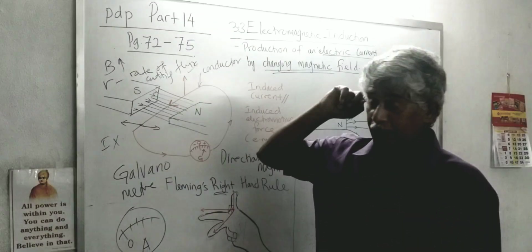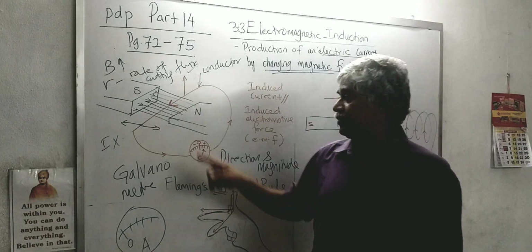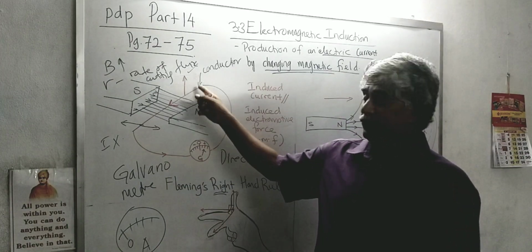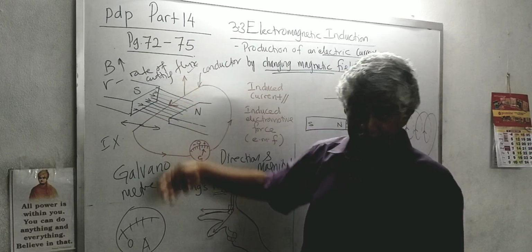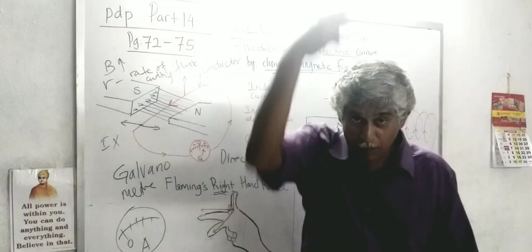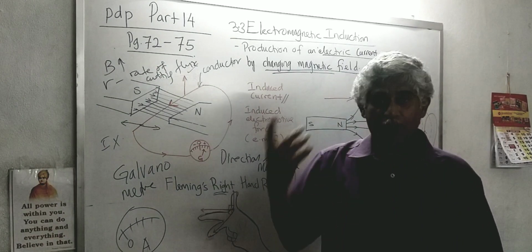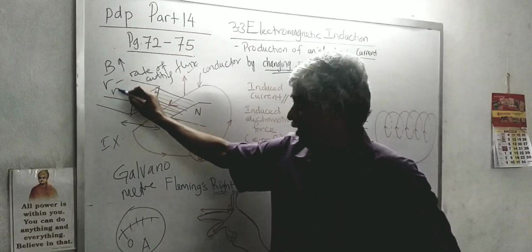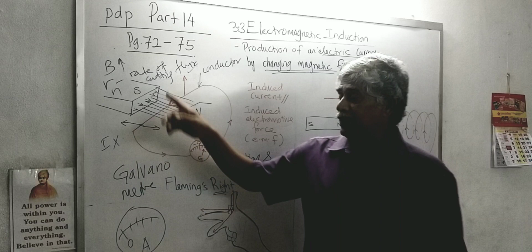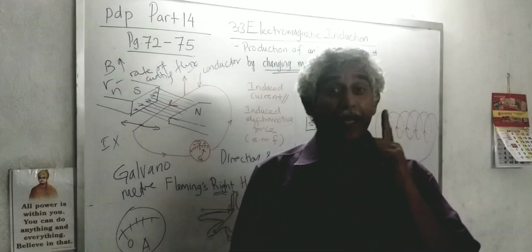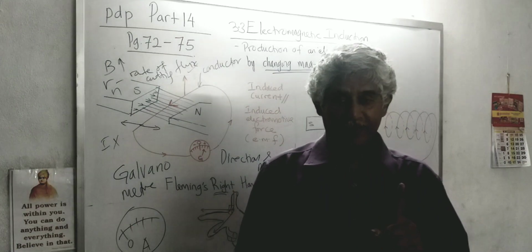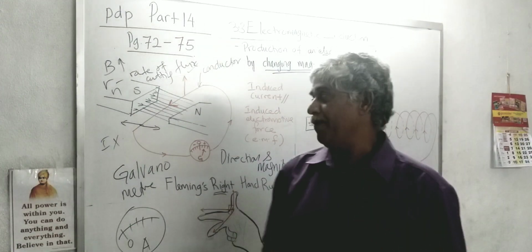Okay, number 3 is, of course, you use a good conductor. Instead of a single wire, you use many straight wires, which are cutting. So when you use more wires, there is more rate of cutting, so more current induced. So it is the number of turns. These are the 3 things that we can change to change the magnitude of current.